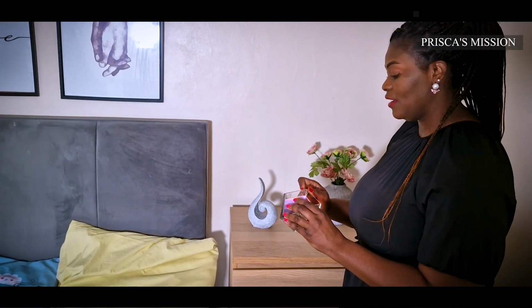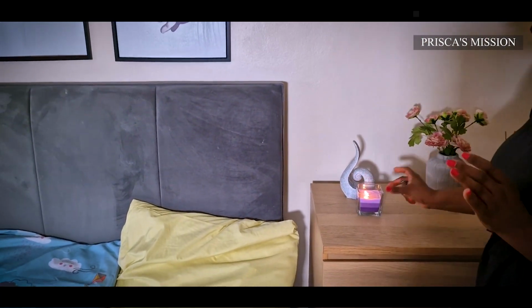You can buy lovely candles from TK Maxx. You can buy them anywhere, but I love the ones from TK Maxx. They have this very unique smell. But again,